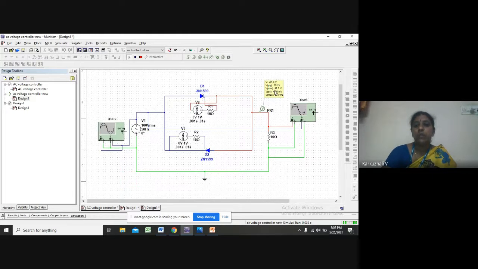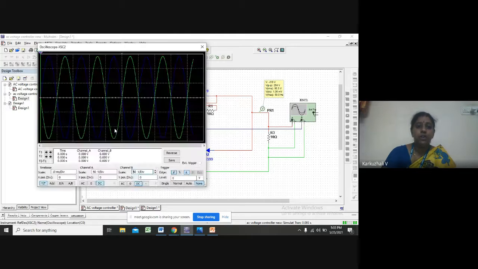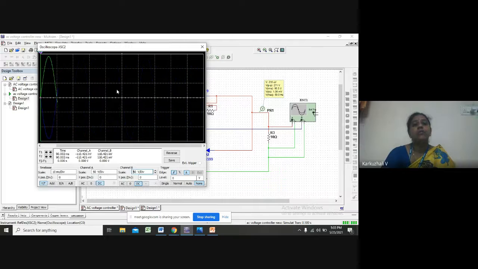You can see the voltage probe across the load. We will see the voltage. The voltage probe is connected across the load. Now we will see the input first. Now see here the green and the blue waveforms. You can see that one starts at the positive cycle and the other at the negative cycle. That is easily and correctly shown here, which is the reason why we have connected an input waveform.